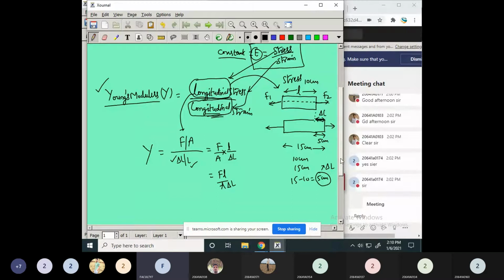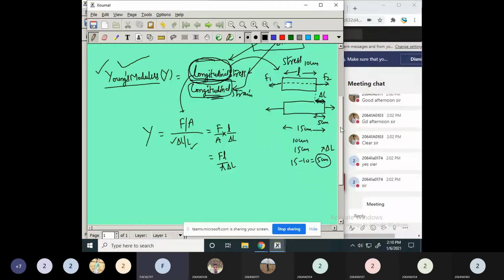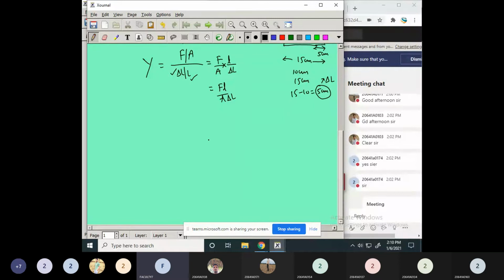So where you are going to apply this: whenever the forces or the load is longitudinal, there you are going to get the Young's modulus. Now what is the second type? The second type, you had seen, is the bulk modulus. Bulk modulus. Now you can consider this as hydraulic also, or pressure related. Now what is the thing here? Here you are going to consider the volume. The entire volume you are going to consider. So you can consider this as volumetric modulus also.